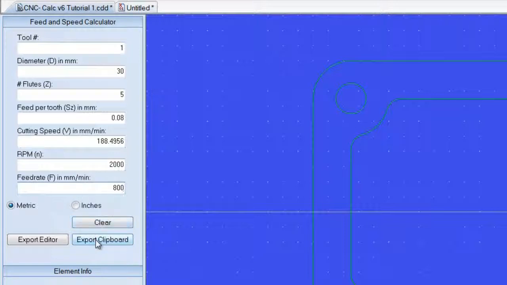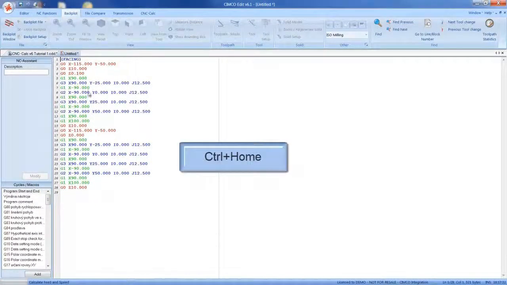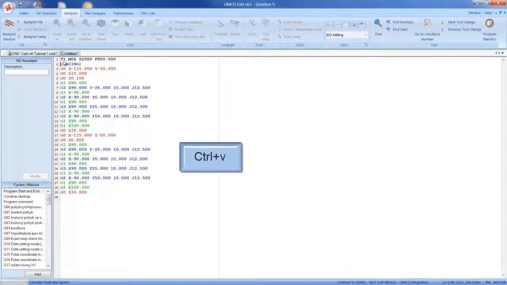Okay, and we're going to export that to the clipboard this time. So we're going to go back to our editor tab with the G code in, and we'll put our cursor at the top of the file, Control Home, and then we can paste that in. So Control V will paste that code in. So we now have a tool change line with the tool number